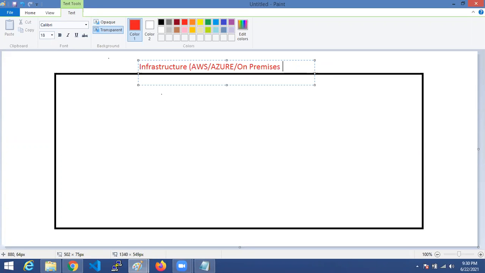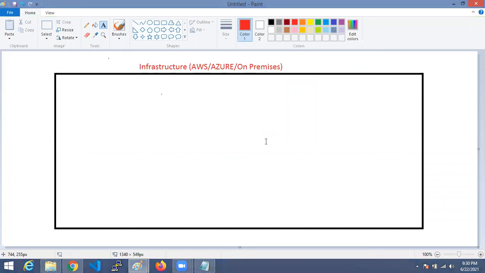This is nothing but the infrastructure. Generally, infrastructure means a collection of machines. If it is on premises, it means your systems. If it is Azure, we call them VMs. If it is AWS, we call them EC2 machines. Whatever it may be, it is known as one infrastructure setup. In this infrastructure, some nodes, nothing but systems.